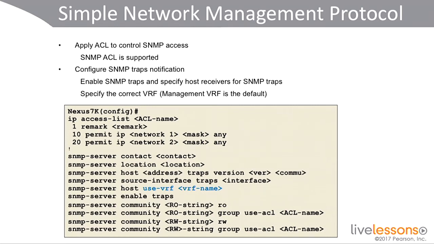Below, you can see an example of a configuration where we're defining an access list at the top of the configuration, where we are permitting 2 IP addresses to access this device, and then all others will be denied. And then we're applying that to the SNMP server community configuration, as you can see from the third line